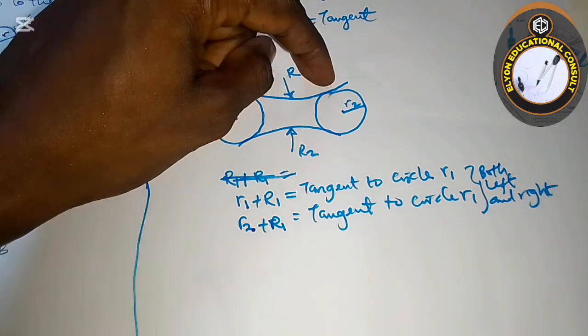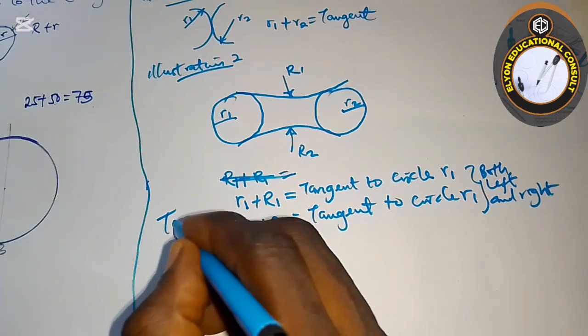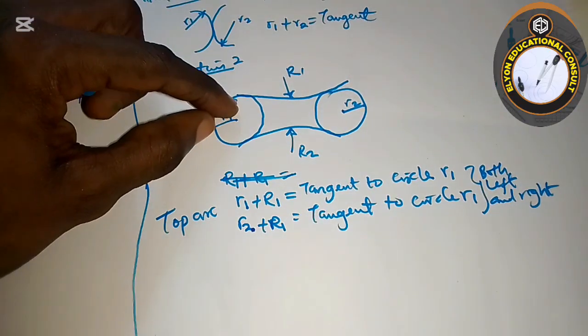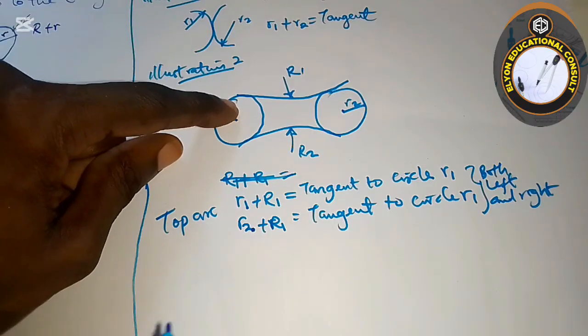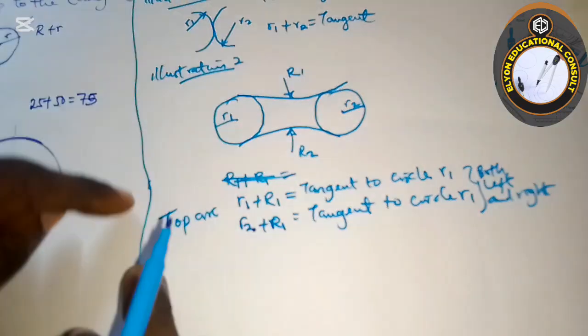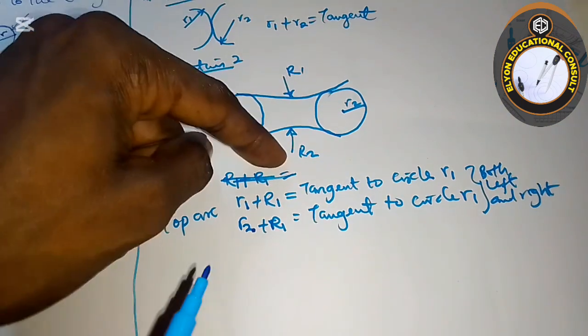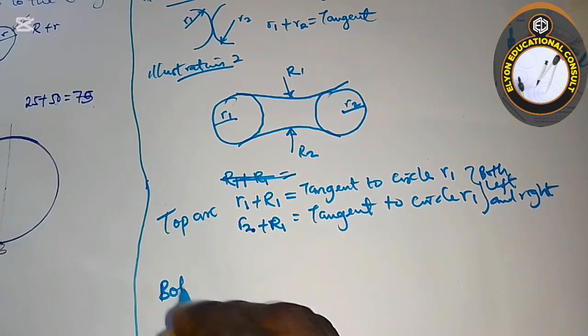That is for the top arc. So that is how we get it. And of course, when we are to draw the arc, we draw the arc at the top. That's why I call it the top arc. So later we can now draw this. Then for the bottom